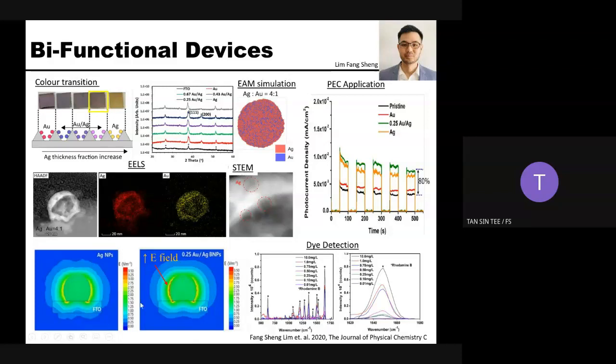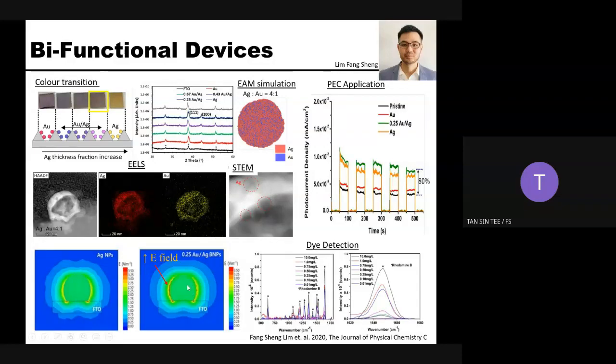The bottom result here is actually showing you the E field, the electrical field density of the devices when we conduct it using FEM, the finite element method. From the finite element method, we figured out that when the sample is incorporated with Ag bimetallic nanoparticles, the electrical field is improved not only on the outside, but also on the inside of the system. So this is further proof that when we combine the Ag and the Au together, we can improve the electrical field of the system.